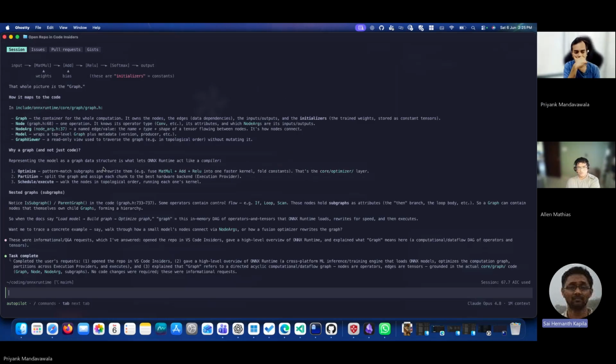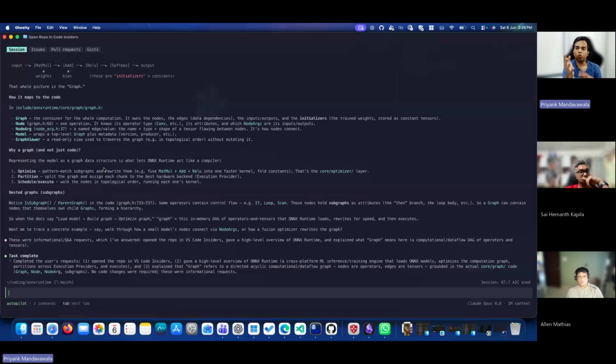So it is used at inference time, or by the looks of it, can I also use it for training? I don't think you can use it for training. I believe this is purely for inference, because you get a model from PyTorch or your scikit-learn, etc. That's what I understood. Let us actually not guess and ask it. Is this meant only for inference, or can it be used